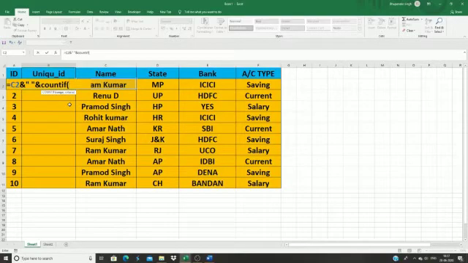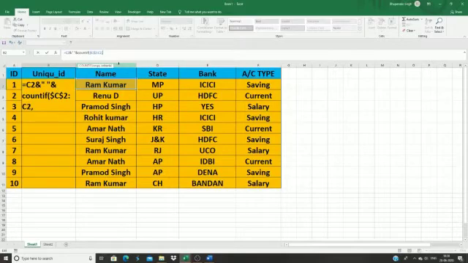So the first parameter of COUNTIF is range. For the range we need to select the C2 cell, colon, again C2, and now we need to freeze the first C2 value like this, and put a comma.